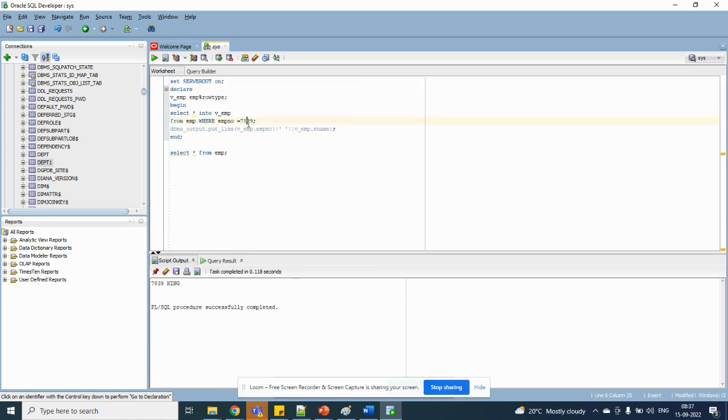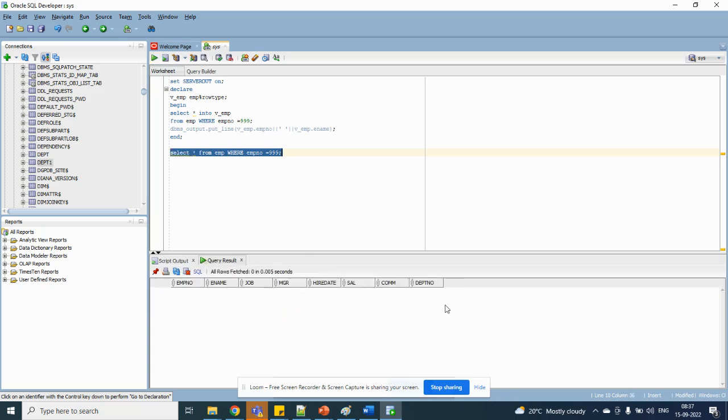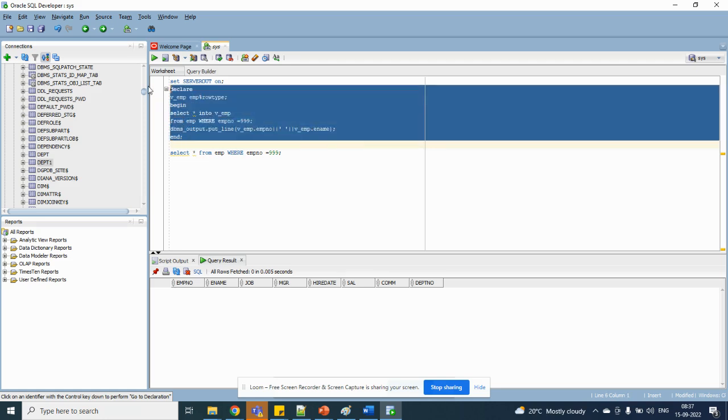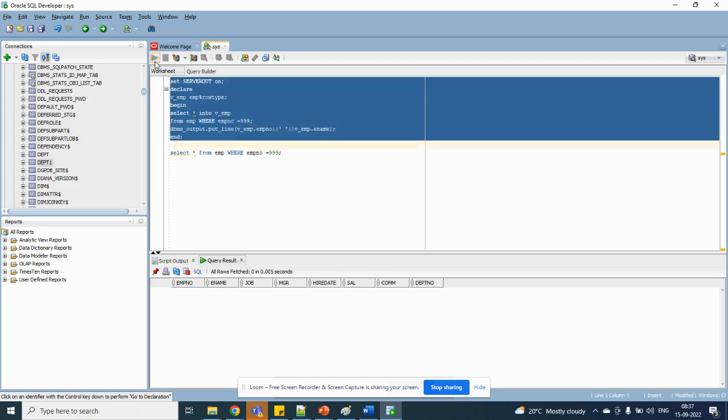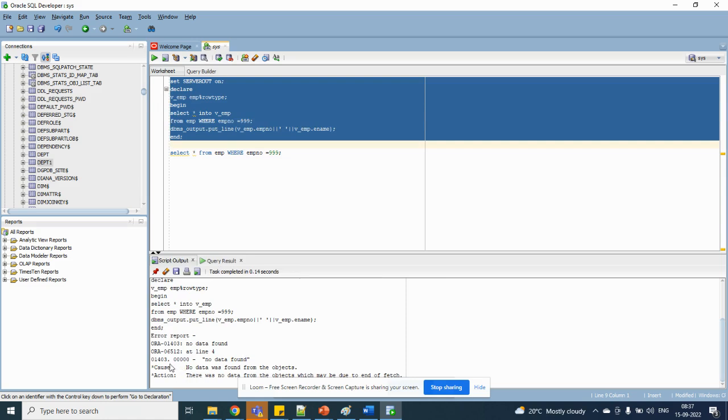Let me give some random number. Actually, this record is not there. If I run this with a plain WHERE clause outside, it won't return any values, but it won't give any error. We are not fetching any records, but there is no error either. But in case of the SELECT INTO clause, if you give dummy values to fetch records, you get an error, no data found. This is very important. How we can handle that we'll discuss later,